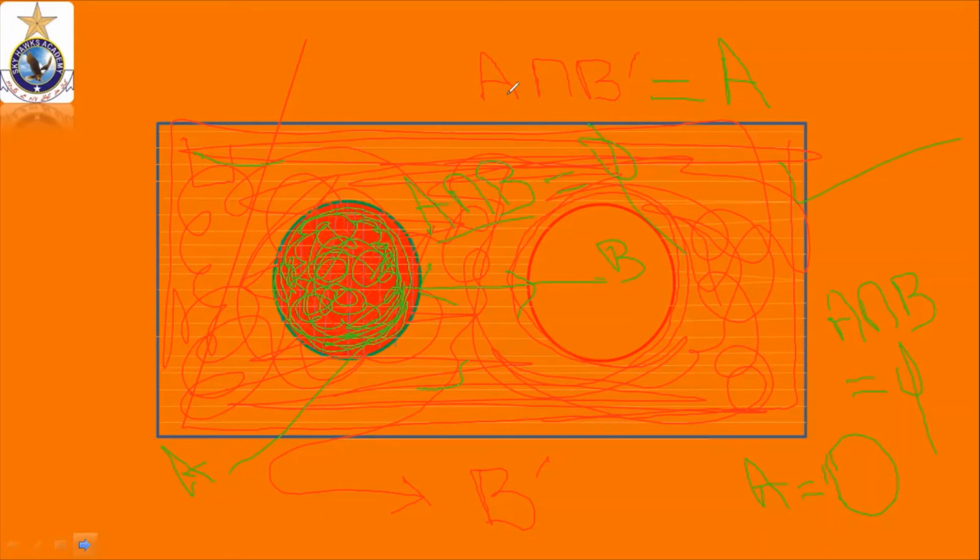So this is possible if we have two mutually exclusive sets: then the set and the complement of the other one must be equal to the first set A. This is our answer. If we draw this diagram, we will get it. This is the problem solved by using a Venn diagram, nothing more or less than this.